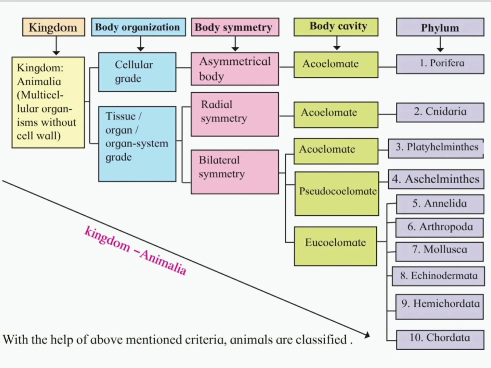So, in today's lecture, we will be looking at each of the phylum. The phylum is shown in the purple boxes on the extreme right hand side of the chart. So, we will be looking at Porifera, Cnidaria, Platyhelminthes, Aschelminthes, Annelida, Arthropoda, Mollusca, Echinodermata, Hemichordata and Chordata. So we have to complete this much in today's chapter.